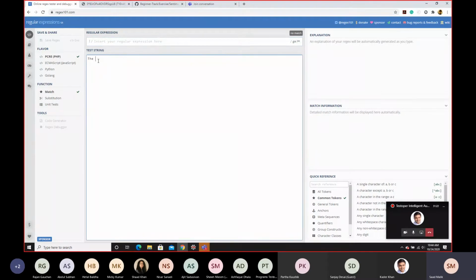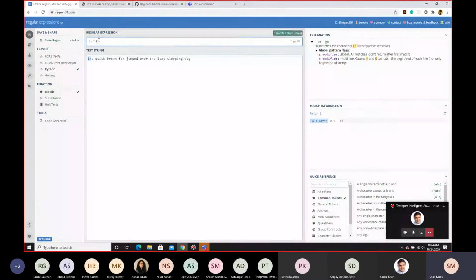So for example, if I want to detect the word the, right, the regular expression command is very simple. I just write the, and it's going to pick out that match, right? Let me give you a different example.